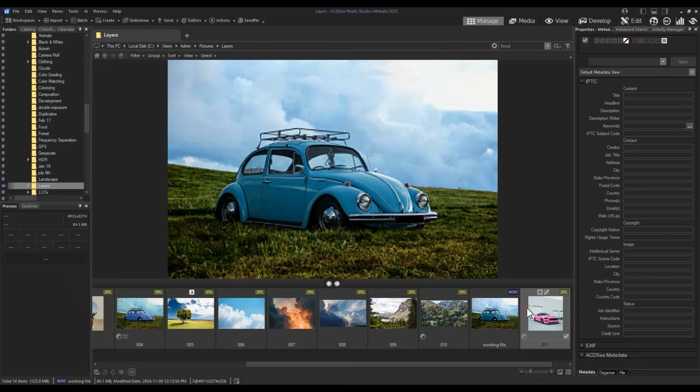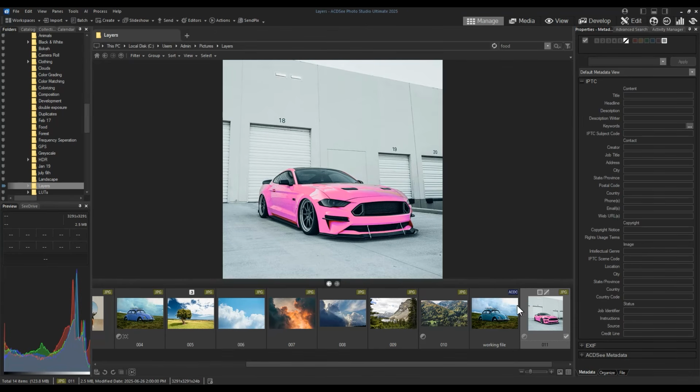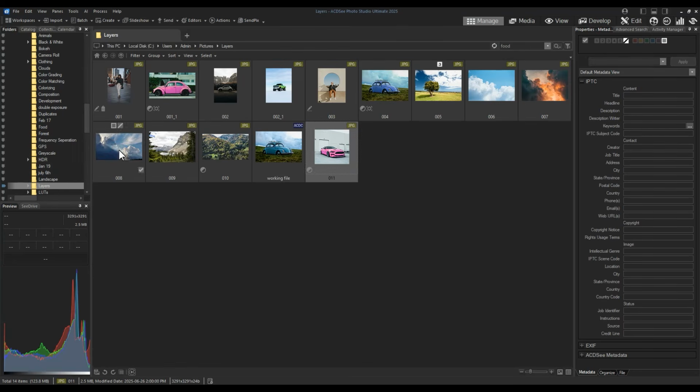Just a note that with batch adjustments, such as this development, multiple images can be selected at once, allowing for